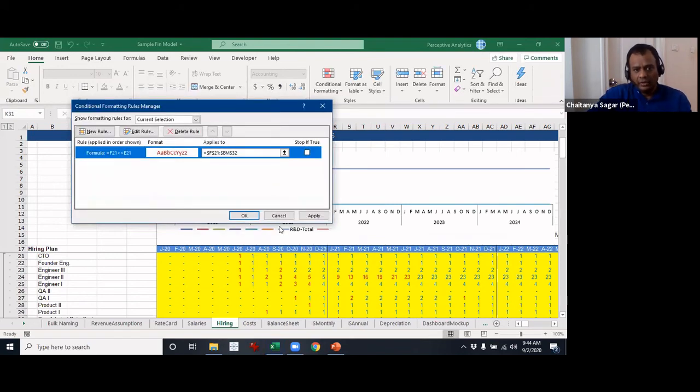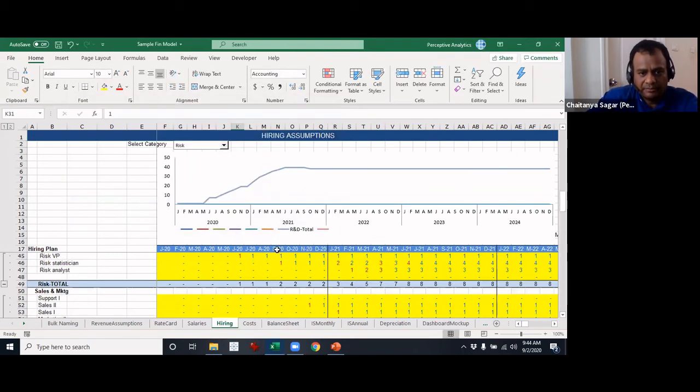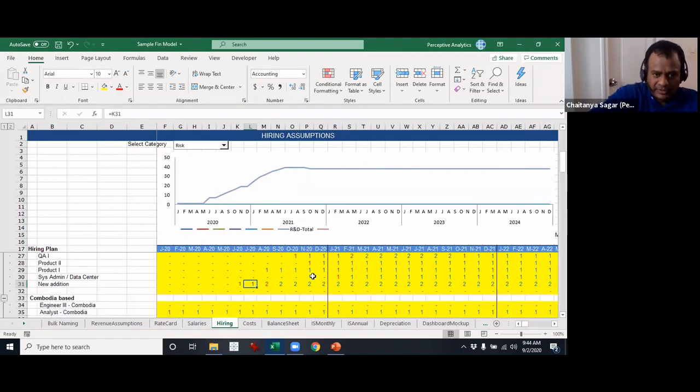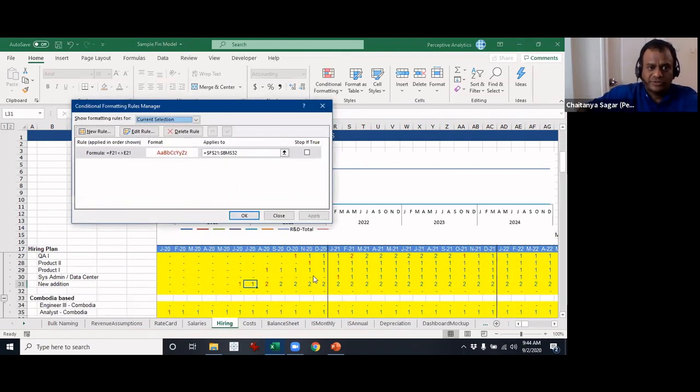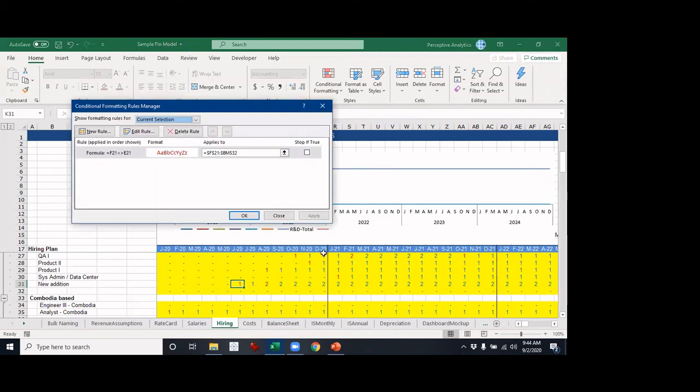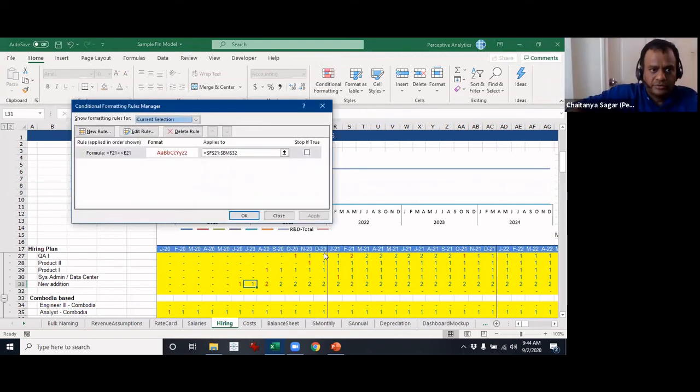Okay. Now let me show you the conditional formatting for the next one. This one says F and E, right? And I'll also show this here. Also it says F and E, but mind that it does not have the dollar symbol.